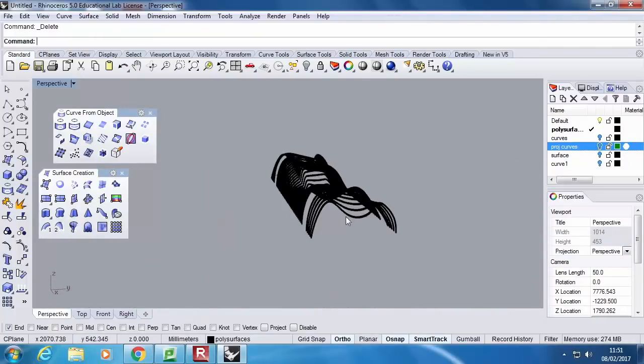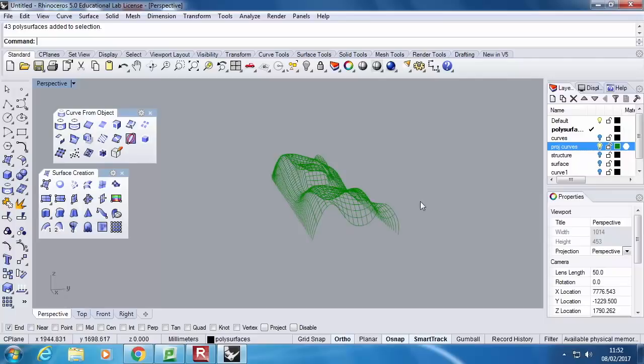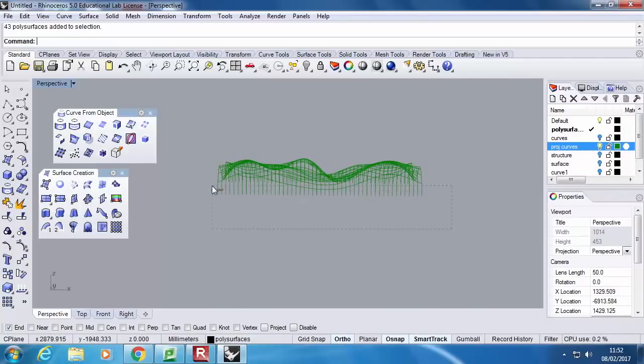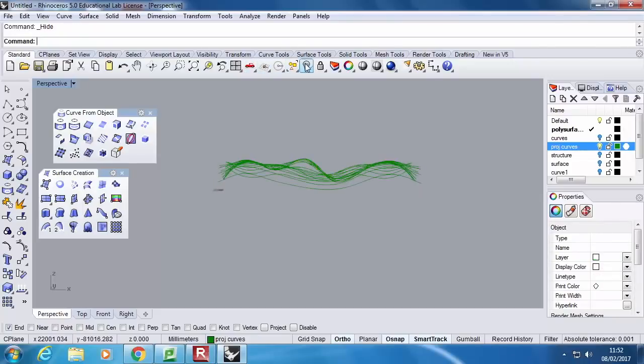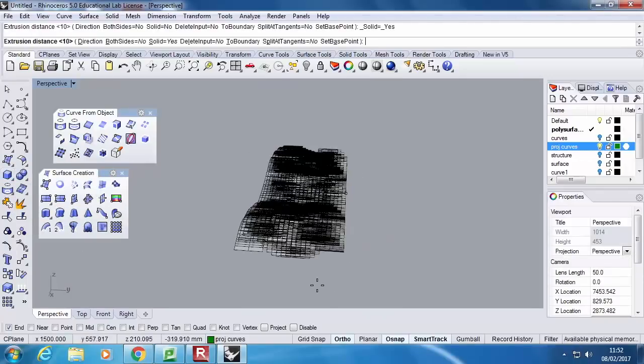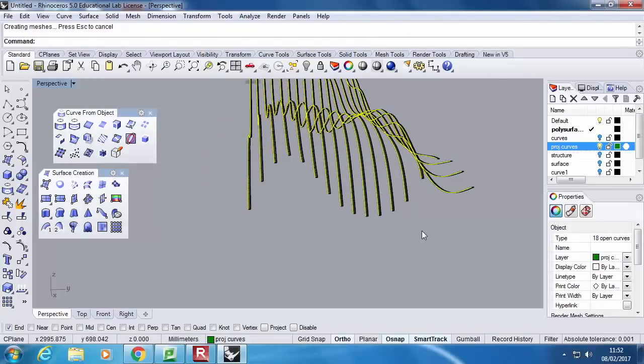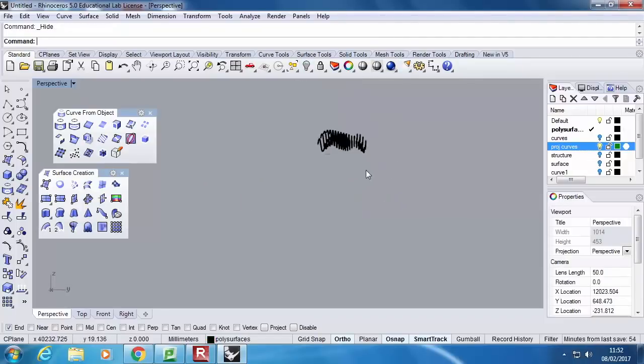Now if I select all of this and I create a new layer, I move it to that layer and I hide it and I select this. And now what I can do, select all of those lines, hide them. I've got these ones, select all of them and do the same. So 10, okay, and then I hide the lines, select this thing